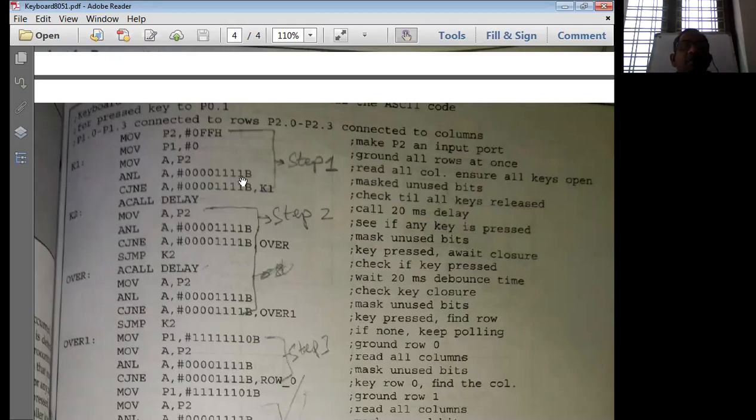with respect to, now we have only 4 keys. We have only 4 rows. We have only 4 columns. So what is there in A? It is the columns. So 4 columns I have, therefore I put only 4 ones. Rest of them I simply make equal to 0. That means I am simply masking these unused bits, because I am using only the first 4 least significant bits. MSB 4 bits I am not using. Therefore, these MSB 4 bits are simply masked.